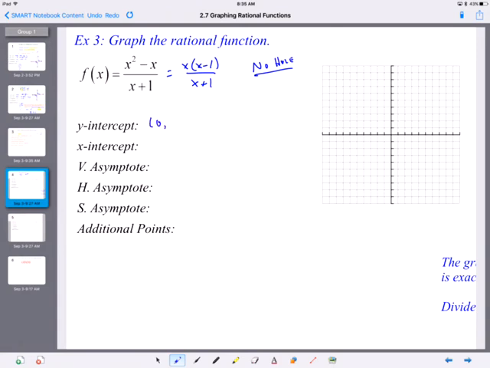So plug in 0 for x. So 0 squared minus 0 over 0 plus 1 is going to be 0 over 1. So the y-intercept is going to be at 0, 0. And then the x-intercept, you're going to plug in 0 for y and see what happens. So we'll get 0 is equal to the function. And what happens, this is going to be the third time that we've done this, is that we multiply by the denominator, and every single time